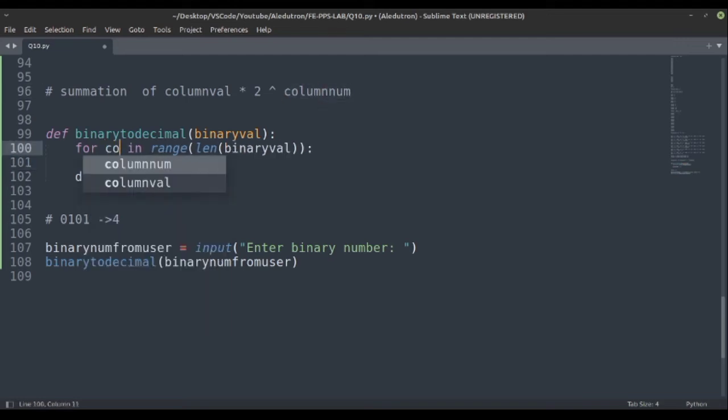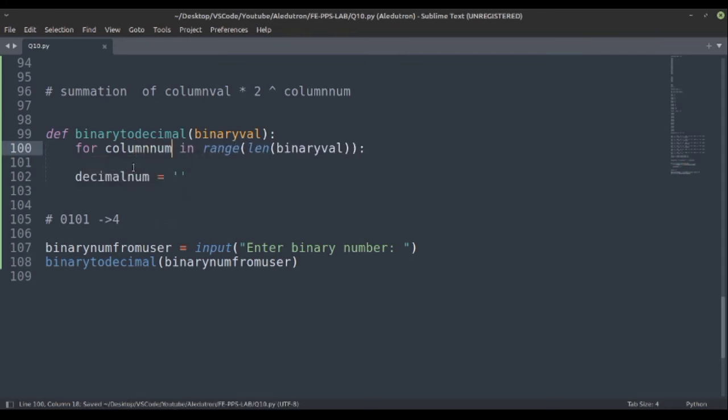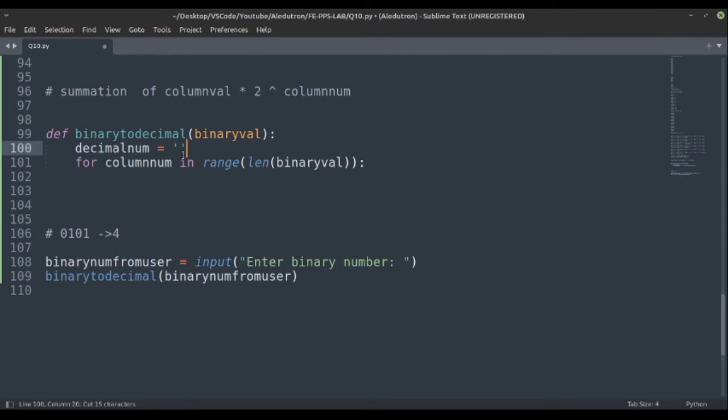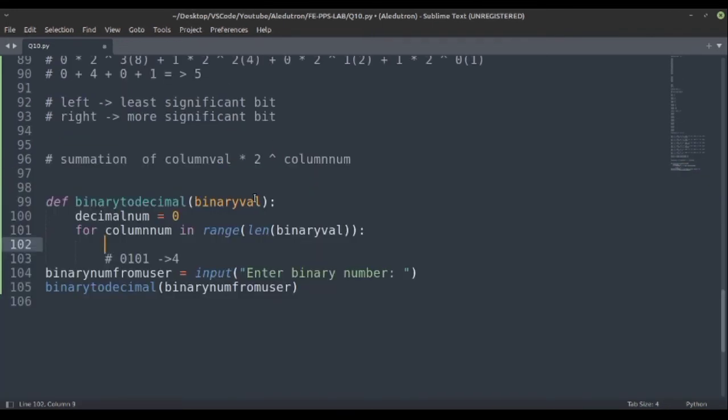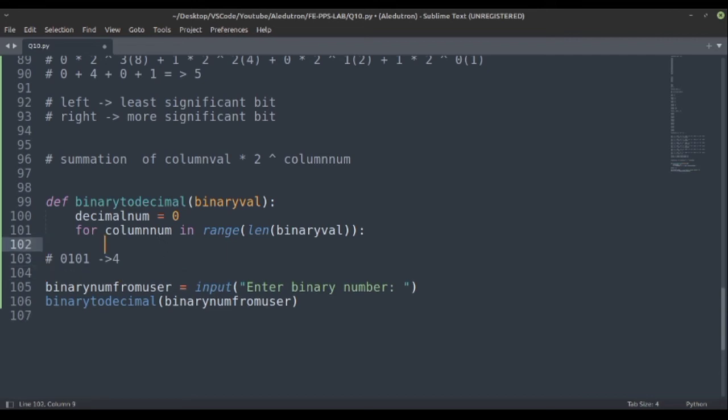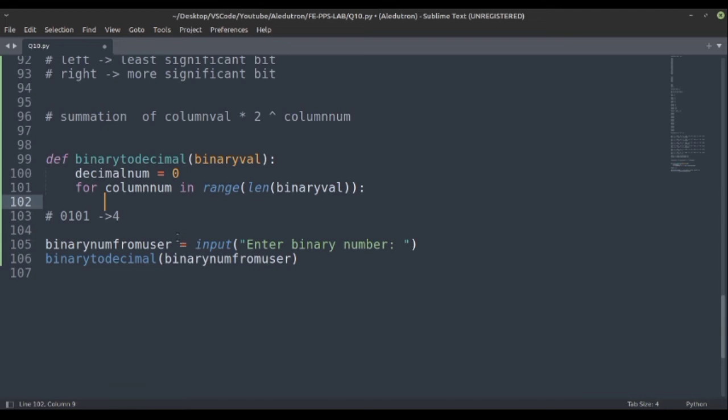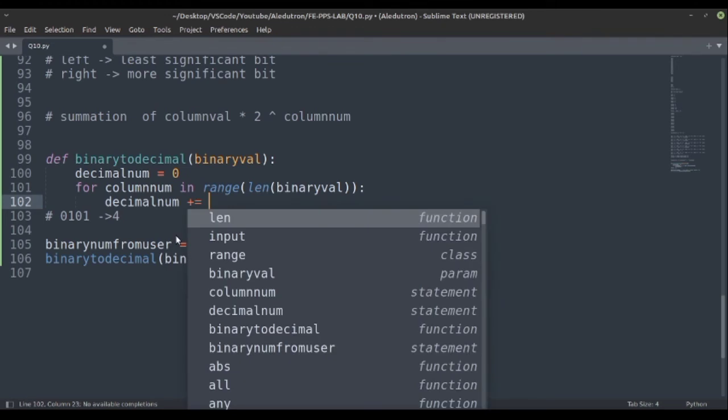So we can rename this to column number, column num, and what we can do is take decimal num. So we will initialize it first, and let's take it as an integer as we are going to perform some calculation. So for each column number, we can take decimal num plus equals, so we are basically doing summation, plus equals some formula.